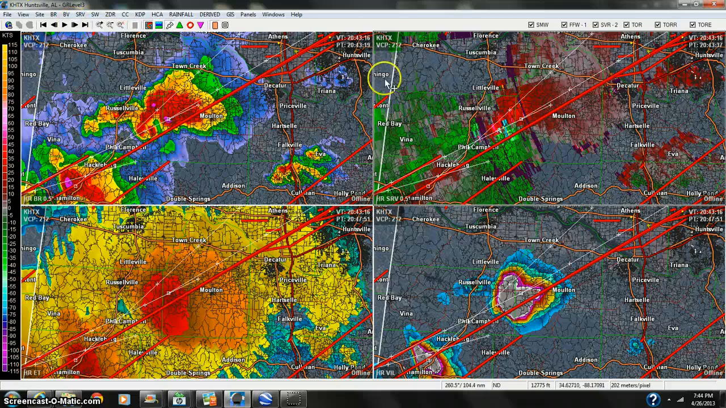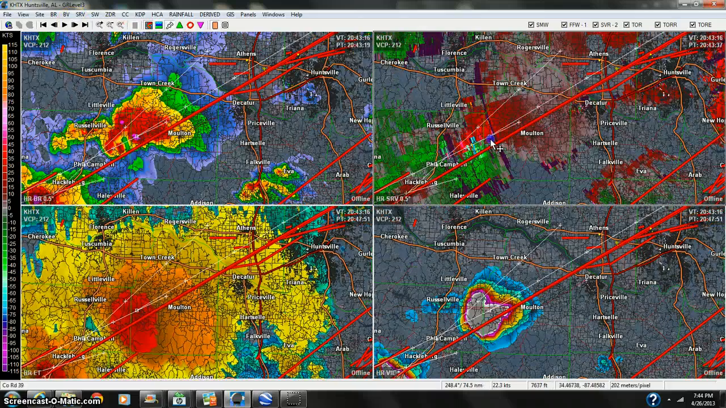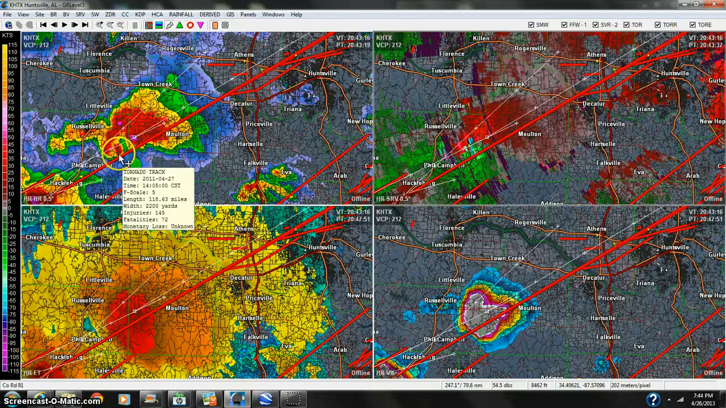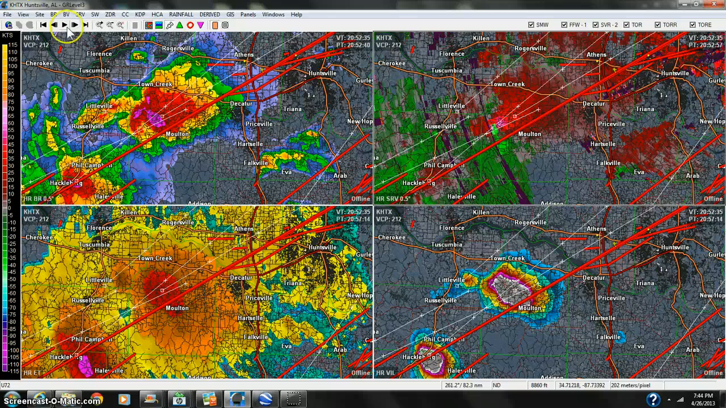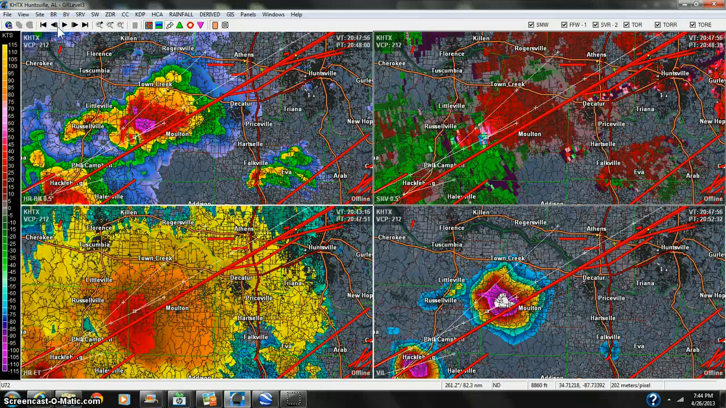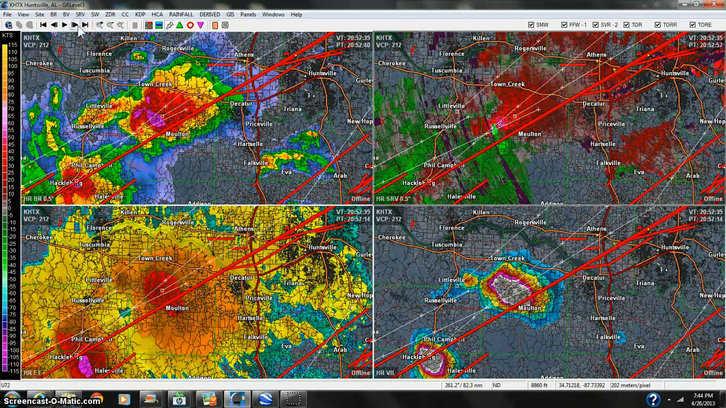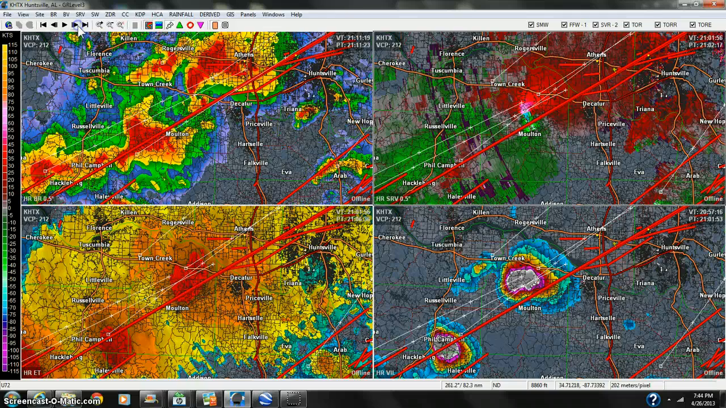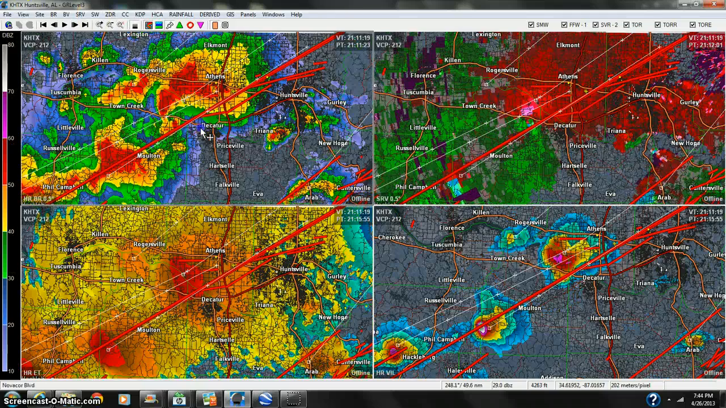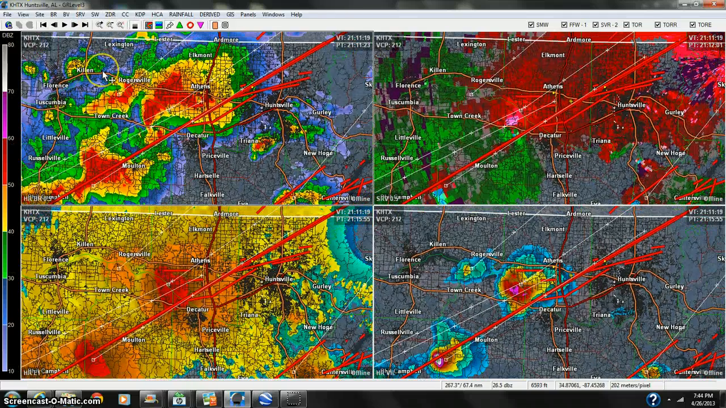As you see the storm advance, rotation still very strong. You do see a hook echo showing up. A lot of these storms, I don't point them out always, but if you look, you'll see a hook echo appear, then kind of disappear and reappear again. This one